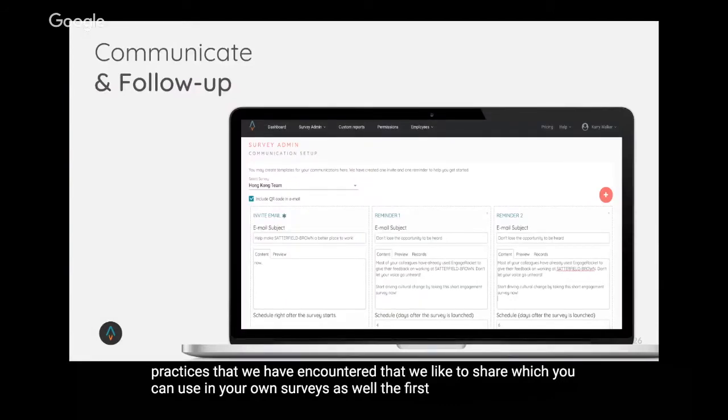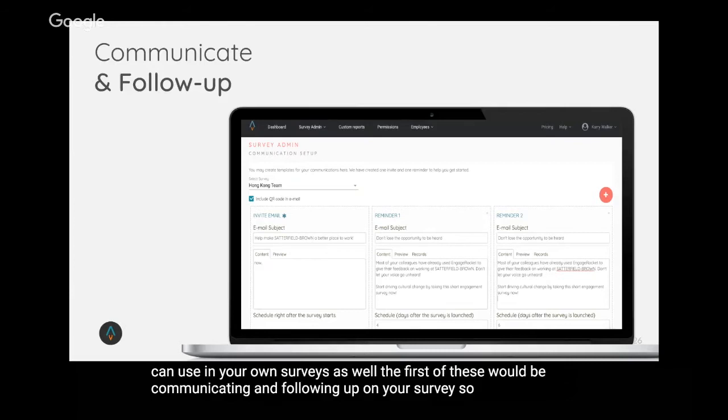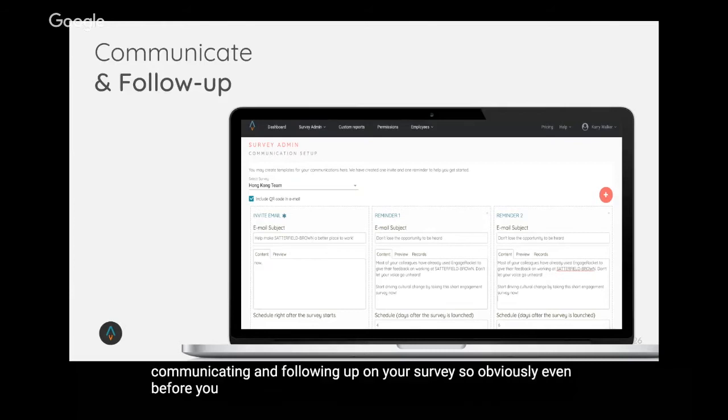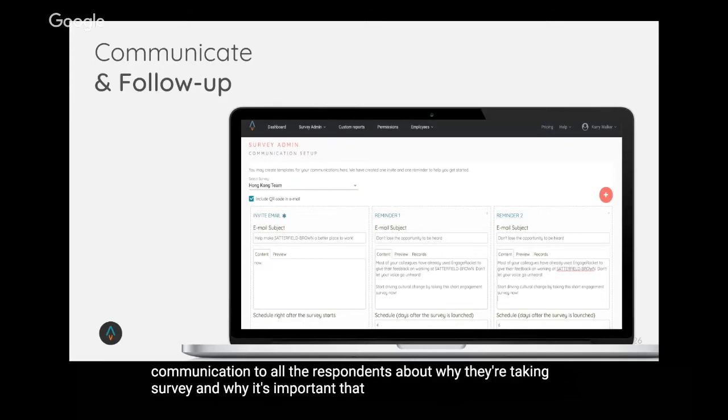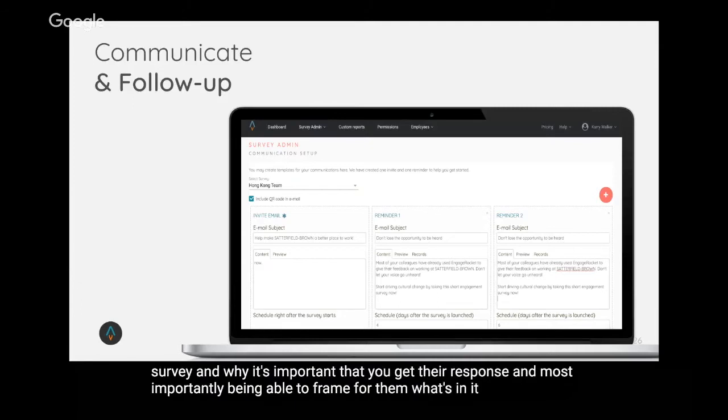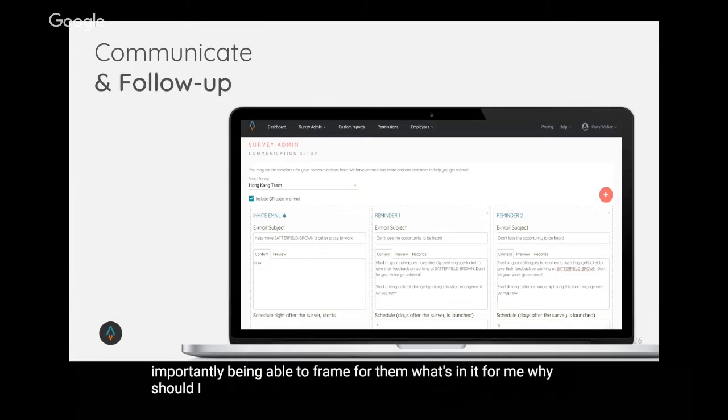The first of these would be communicating and following up on your survey. So obviously, even before you launch the survey, there should be some form of communication to all the respondents about why they're taking the survey and why it's important that you get their response. And most importantly, being able to frame for them what's in it for me. Why should I take this survey, take out 2 to 3 minutes of my day to give you my honest